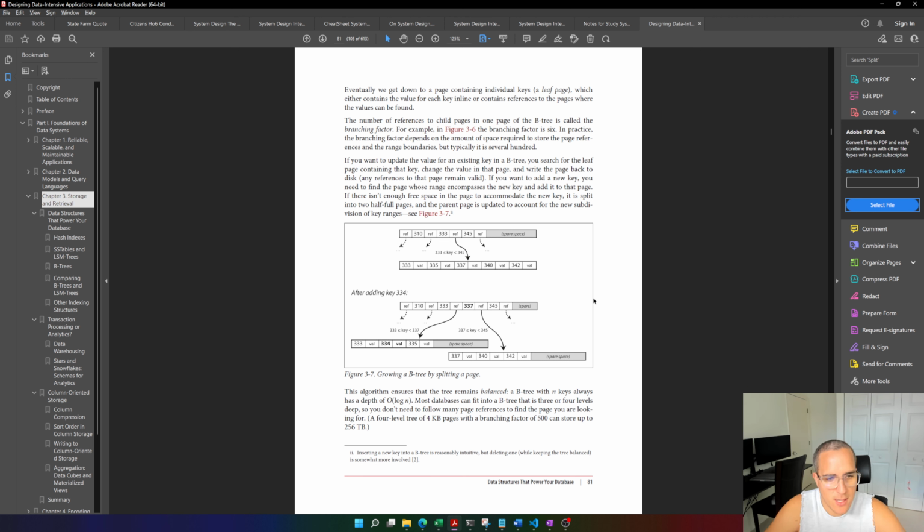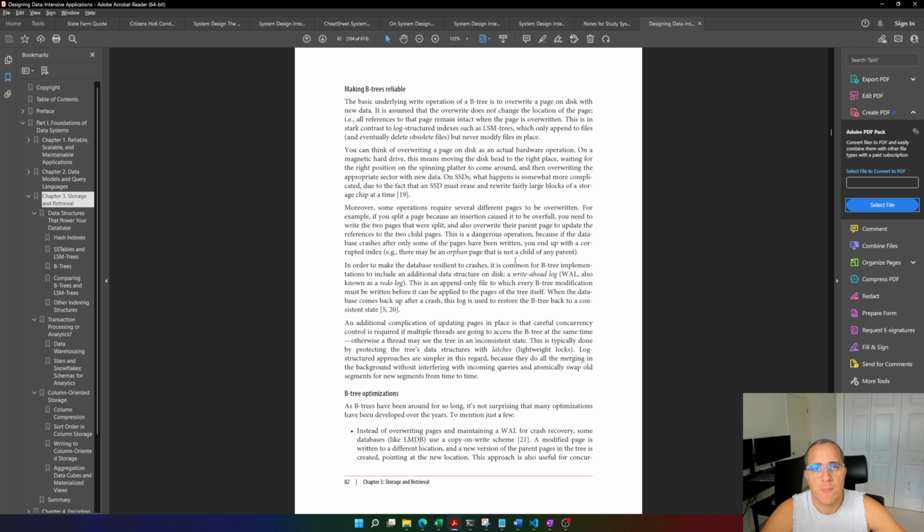A B-tree with n keys always has a depth of O(log n). Most databases can fit into B-trees that are 3 or 4 levels deep, so you don't need to follow many page references to find the page you are looking for. A 4-level tree of 4 kilobyte pages with a branching factor of 500 can store up to 256 terabytes of data, making B-trees reliable. The basic underlying write operation of a B-tree is to overwrite a page on disk